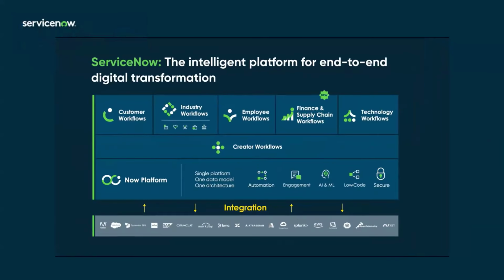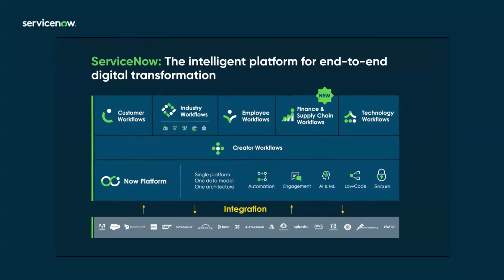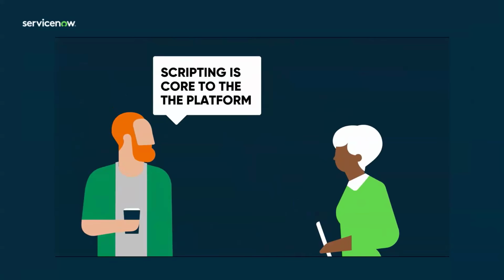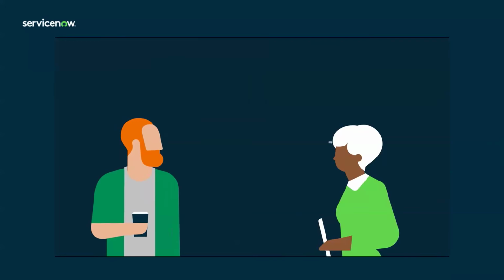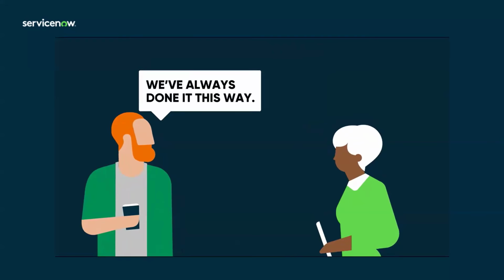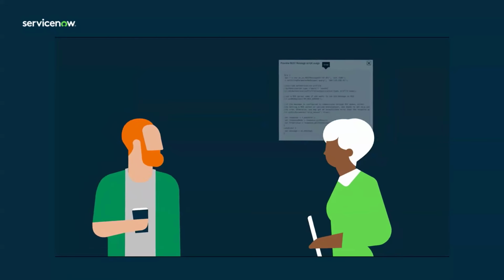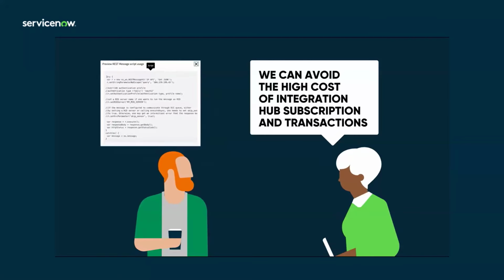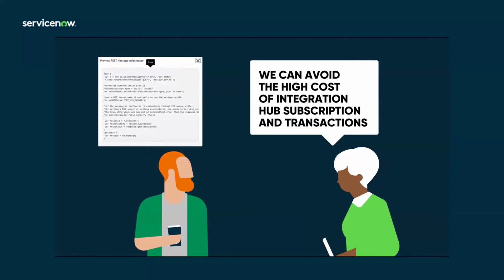Integrations to external systems are a critical part of every ServiceNow workflow. Many customers are still scripting integrations because it's always been a core capability of the platform, or they have a partner that does it for them. So they've always done it this way. And because of a perceived high cost of an Integration Hub subscription and transactions, scripting is seen as a way